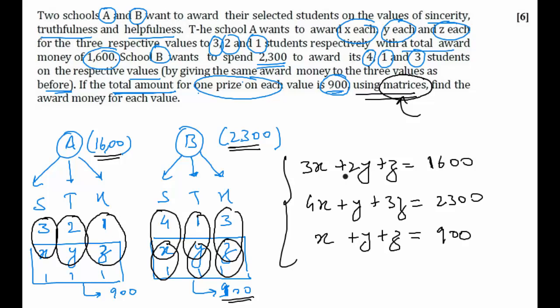Okay, so whenever we want to convert three equations in three variables into matrix form, we first make the coefficient matrix, which means that one matrix will have 3 2 1, 4 1 3 and 1 1 1 as its elements, right? That will be called the coefficient matrix. So that will be 3 2 1, then 4 1 3. These are just the coefficients from our previous equations, and 1 1 1.